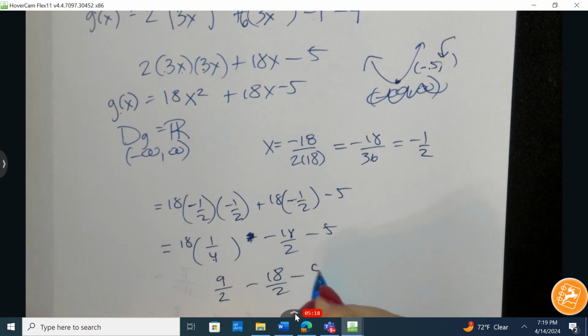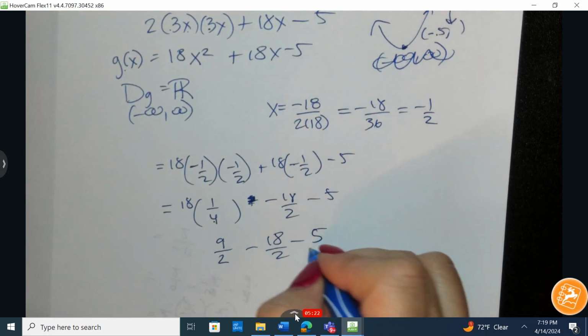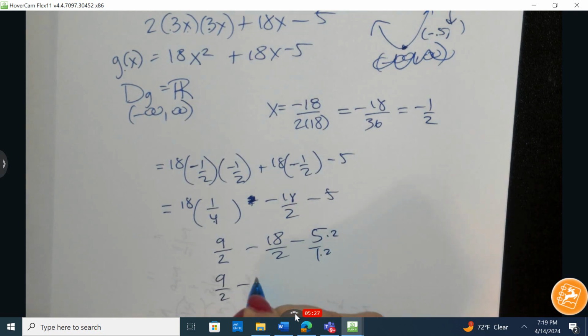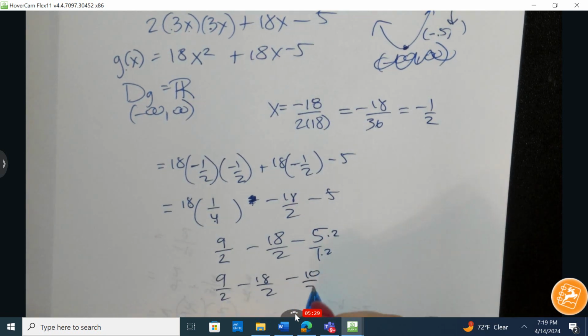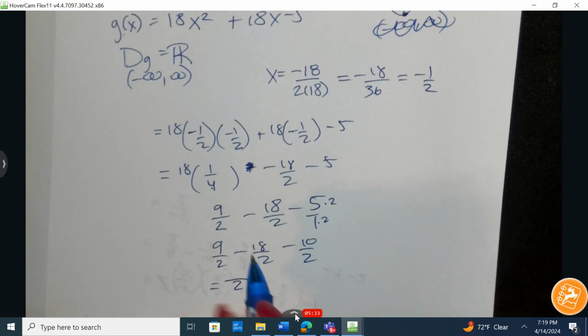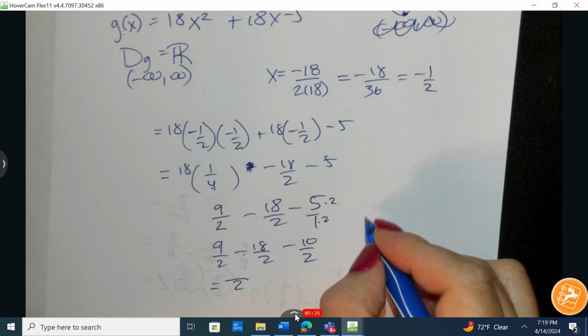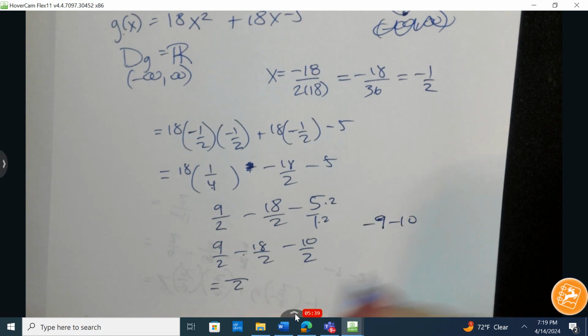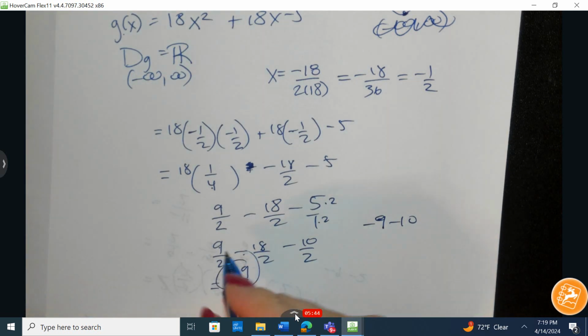And although I can simplify this, I'm going to make this easier. I'm going to put this over 1. I'm going to take this times 2 and times 2, so I have a common denominator. Okay, so common denominator is 2. 9 minus 18 is negative 9. Negative 9 and negative 10 is negative 19. Negative 19. So this is the correct y